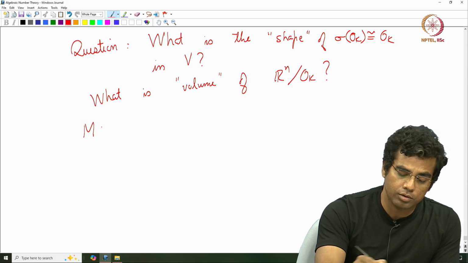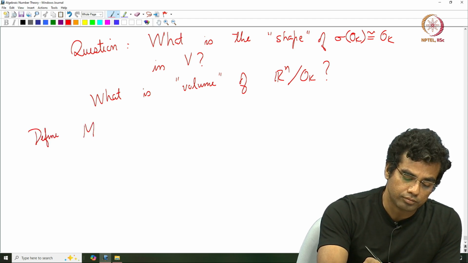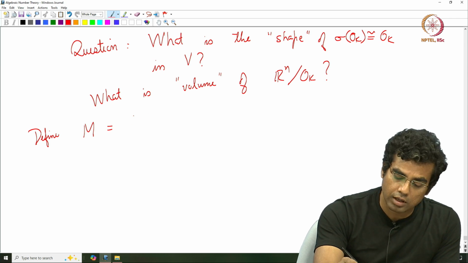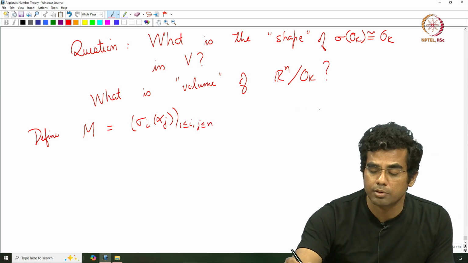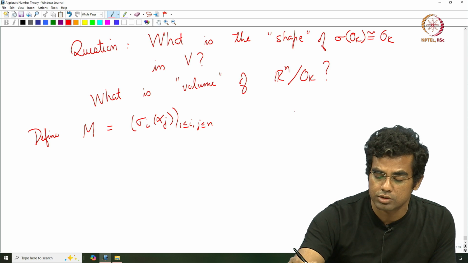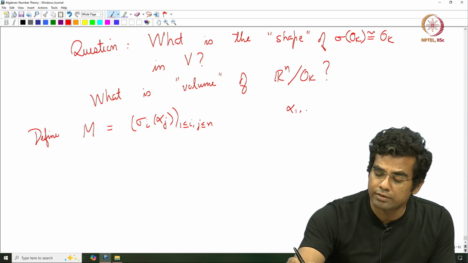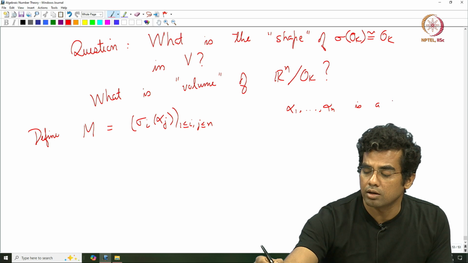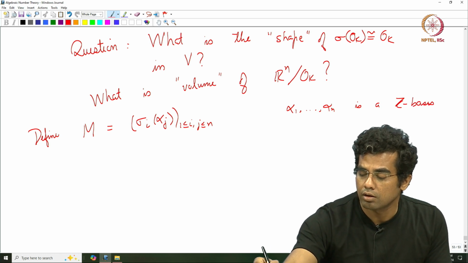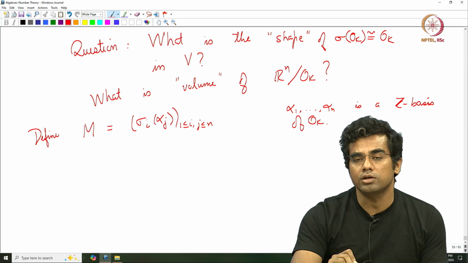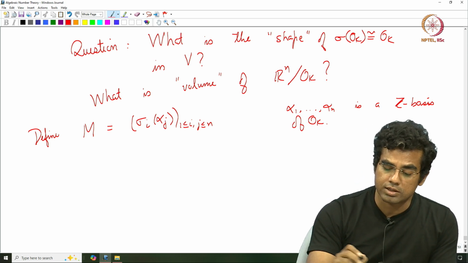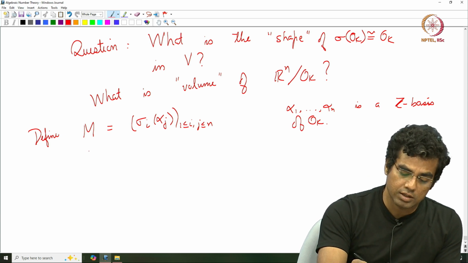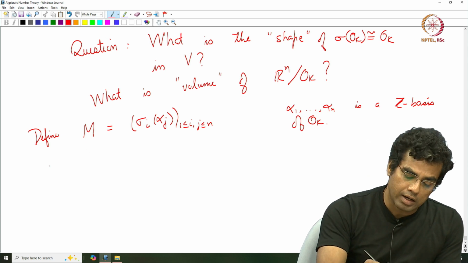So, what I am going to do is define M as follows. The entries are sigma i of alpha j, where 1 is less than or equal to i and j less than or equal to n. We know what the sigma i's are, these are embeddings of K into C, and alpha 1 up to alpha n is a Z basis of OK. Again it looks like I am fixing a basis, but the eventual thing will be independent, more or less up to a sign, of this basis. So, I take this matrix M and I define